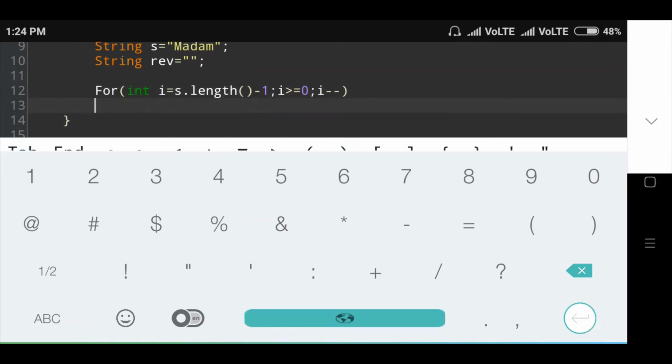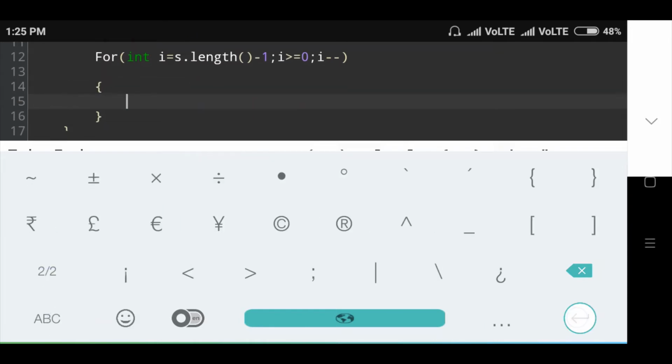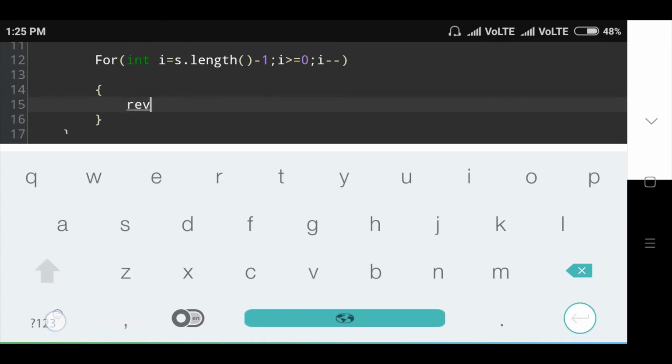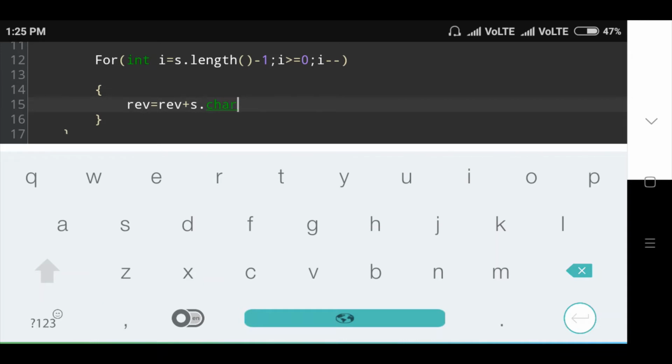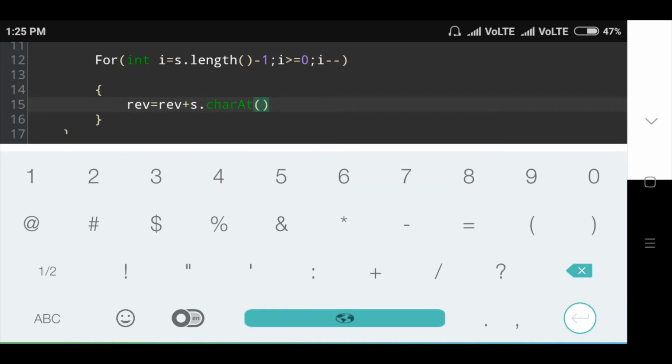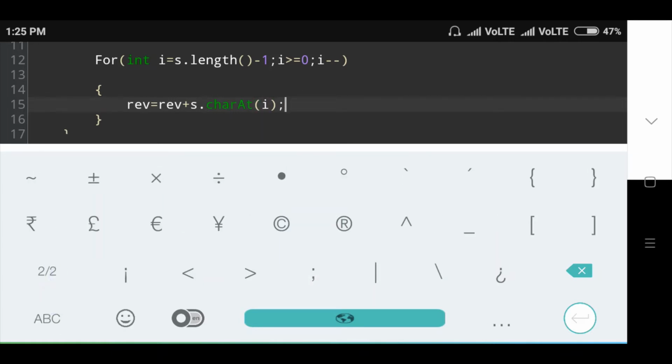Okay. Inside this for loop, next condition: reverse is equal to reverse plus s dot charAt. Here I will use the charAt method. In this method, check the character position. Okay. Then semicolon.